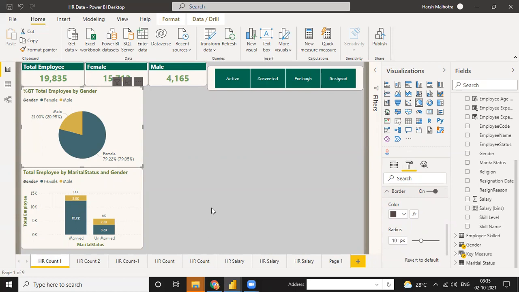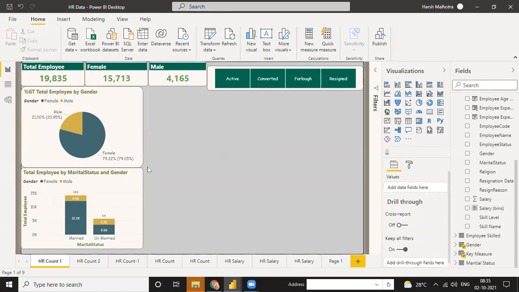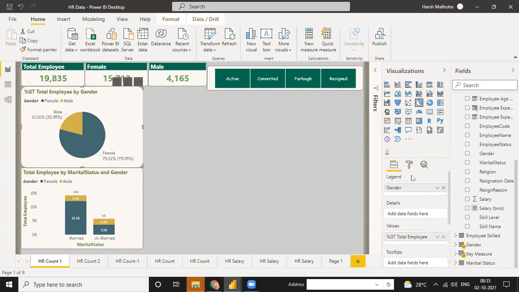If I use 0, then a corner is a corner. If I use, suppose, 20, see, the higher the value, the more the curve. So you can use it as a radius for the border. Okay. See, one more thing I will tell you.